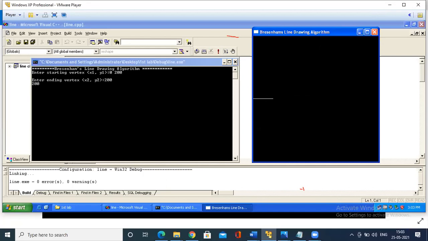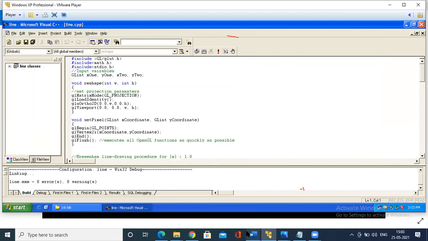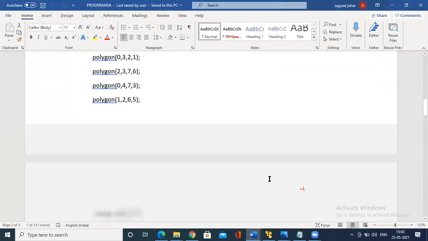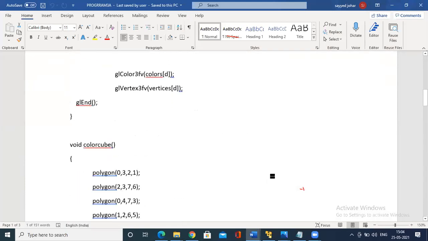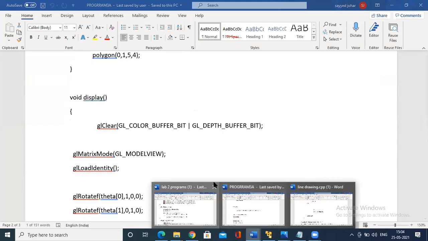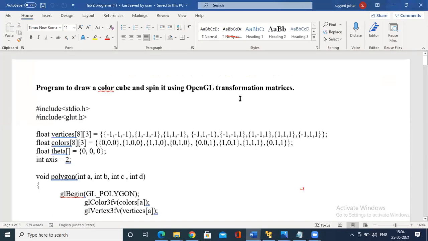I'll give you all the data that is needed. If you have still not understood, you could communicate so that I can explain once again in the classroom. Just go to the Google Classroom, where I'll give the program and the data needed to understand. Today we have seen the recap of the Cube 1 program and the Cube 2 program, which I explained in the morning, and one more, the Bresenham's line drawing program. You should be able to execute it. Those facing a problem can communicate while executing the program.